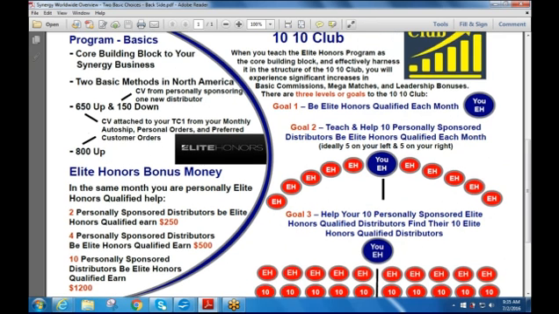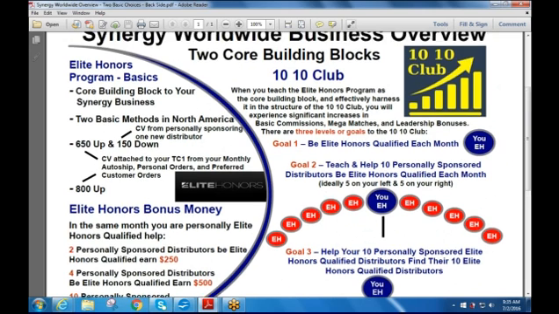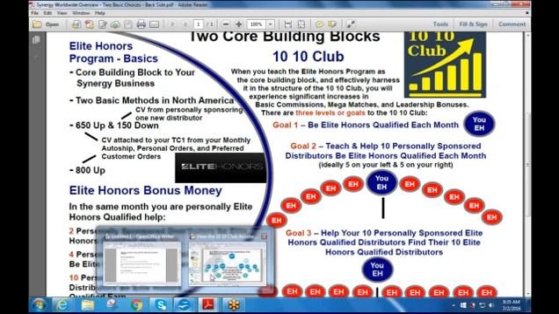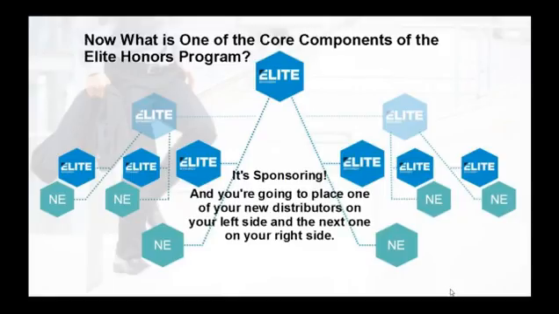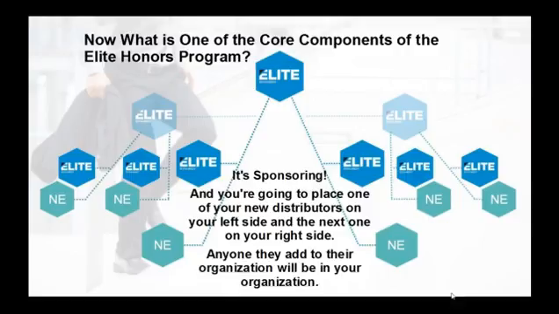Now, on this form, we don't attach any numbers to this, but this is extremely powerful in terms of what it can do for you in being able to create residual income. It's all about sponsoring. And as a new distributor, you're going to place one on your left side and the next one on your right side and keep going back and forth in that process, because anyone that they also add, like if you brought in a new distributor, for example, I brought George in yesterday,